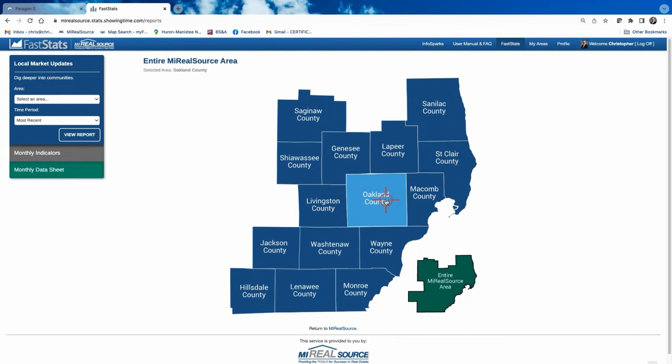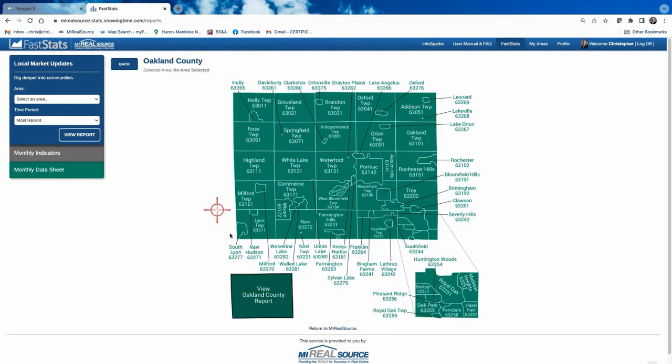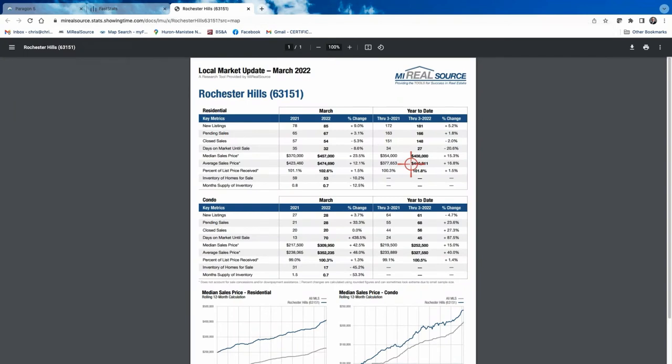If you work in Oakland County, you've got something in Oakland County. There's a lot of smaller cities here. Franklin and Bingham Farms are pretty small. You can either put your cursor right there or just click on the city right here and it'll bring it up. This whole area down here by Royal Oak, Berkeley, they just kind of bumped it out there for you just because it was too hard to get to. But again, Rochester Hills, click on this, you get the report, it automatically generates,